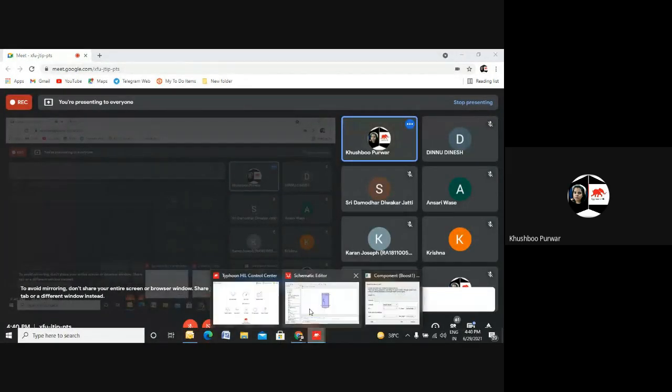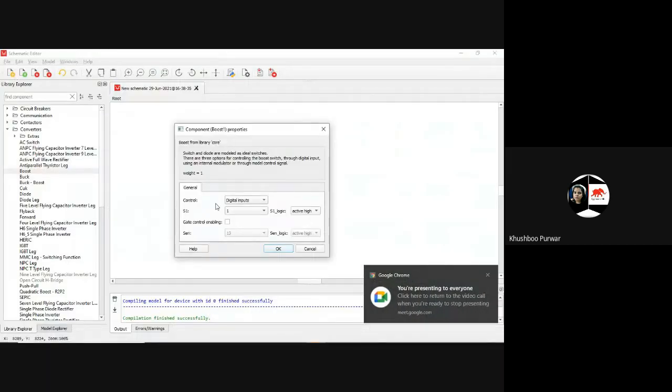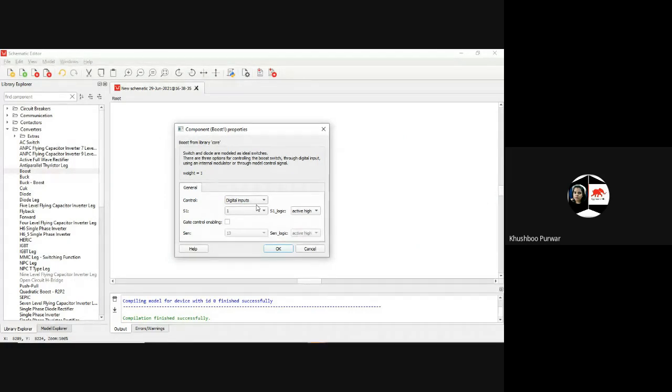Okay. Now come back to the schematic editor. So here our options are given as digital inputs. Then you can see we have the internal modulator and the model. As we are designing the boost closed loop controller, I'll switch to the internal modulator option. Here you can see the operation mode is fixed frequency, carrier frequency and carrier offset.